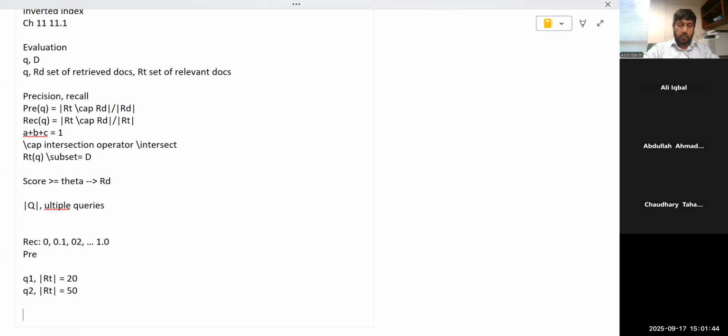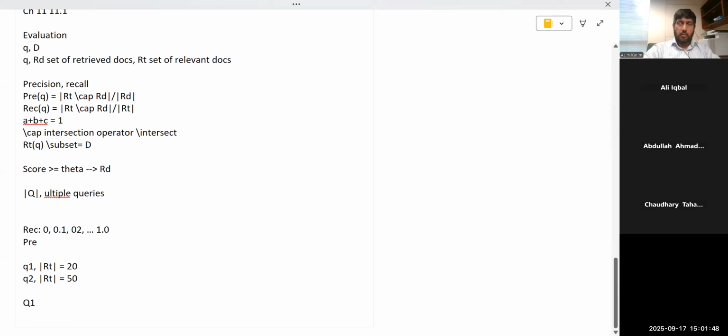So let's say मैं for query 1 की बात करूं, तो let's say मैंने जब आपने recall point 1 करना है, तो how many doc I will like to, so let's say point 1 का मतलब ये है कि एक, तो recall of 0.1 basically means that one doc out of, sorry,